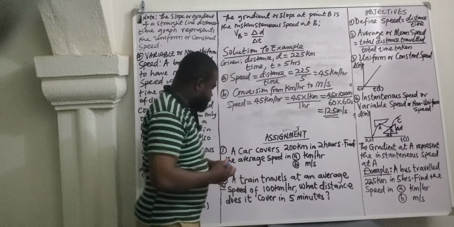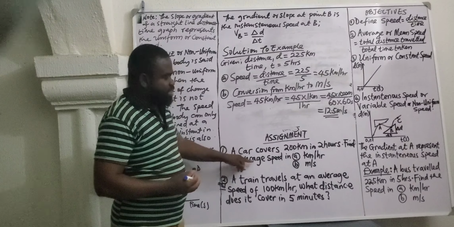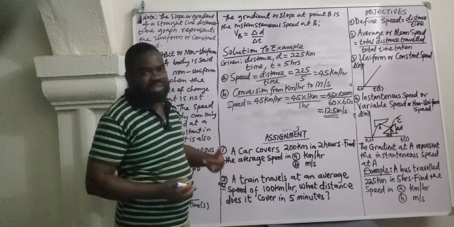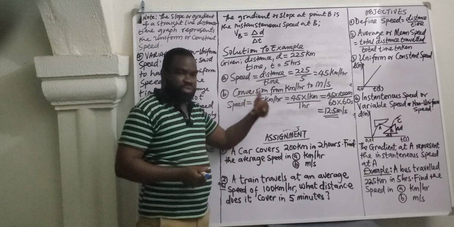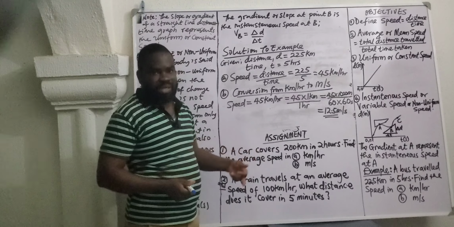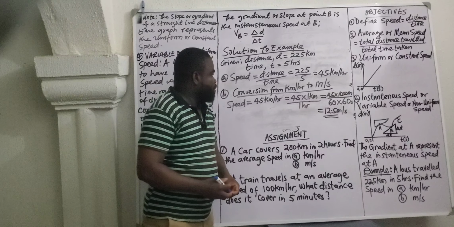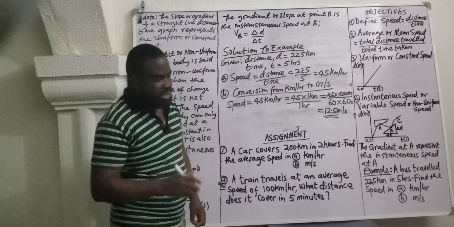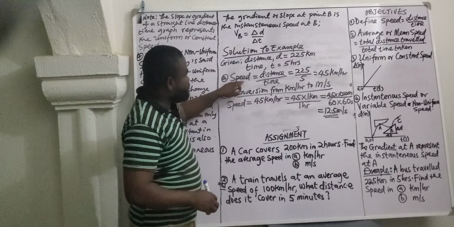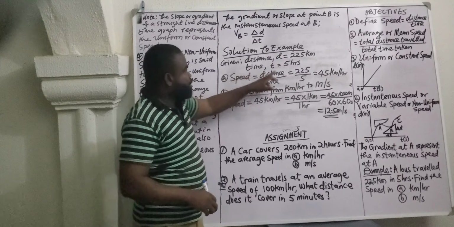So I've told you here that they say find the average speed is the same thing as find the speed. Just do distance over time. But where necessary, you have to convert. Now, there's one more point I should make. Now, this speed that I obtained by